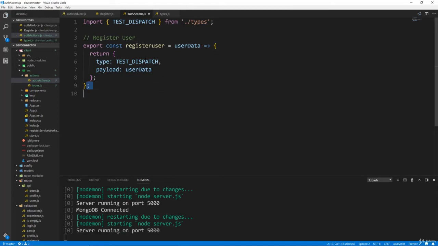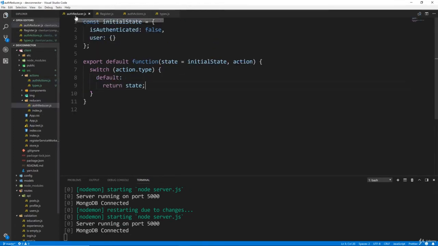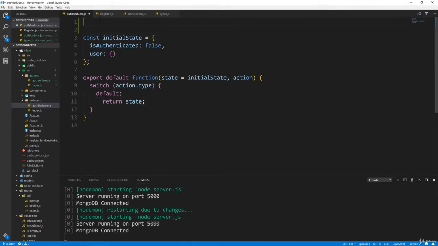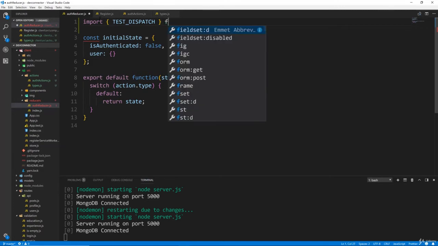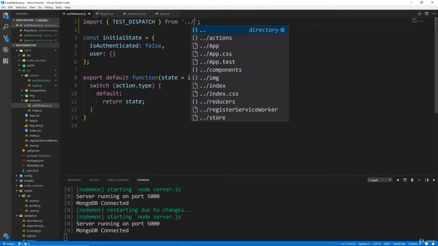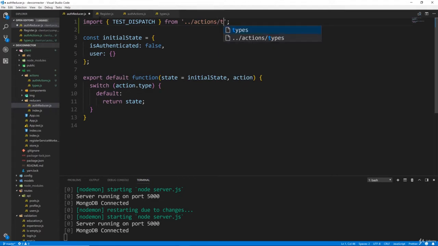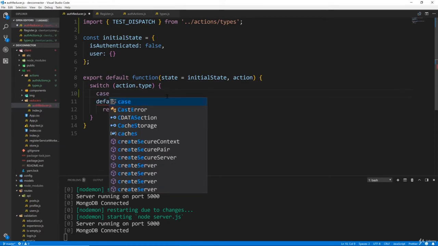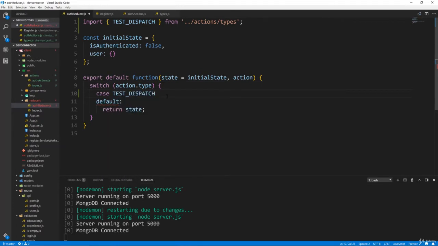So let's save this, and then let's go to our auth reducer. We also have to bring in the type. So let's say import TEST_DISPATCH from ../actions/types. Now we can add this as a case. Let's say case TEST_DISPATCH: